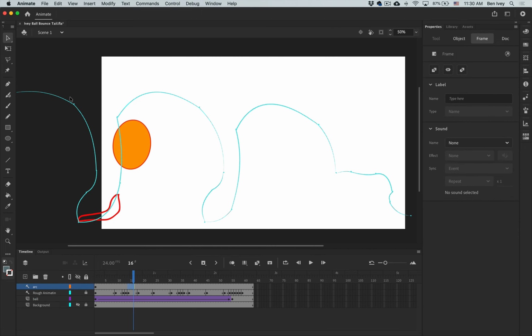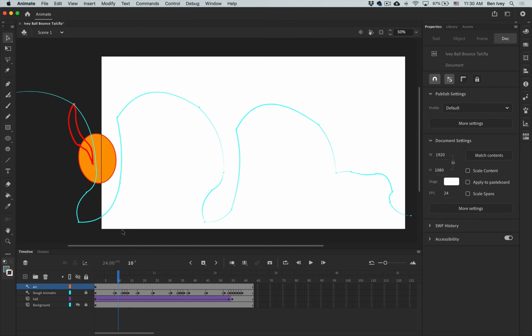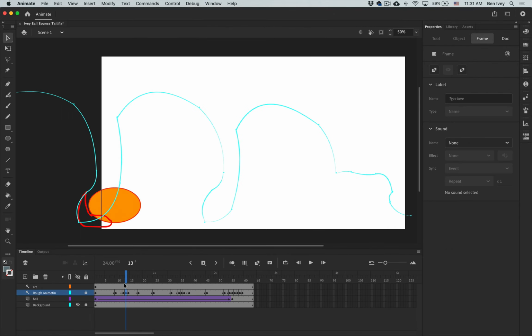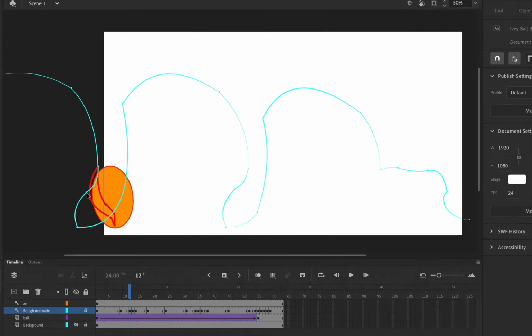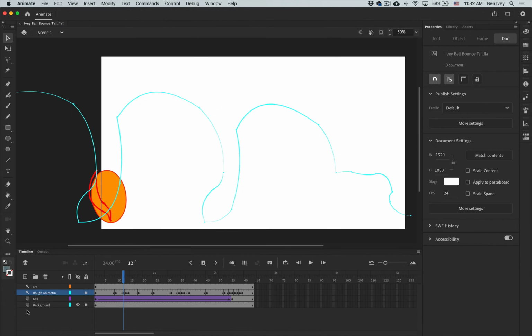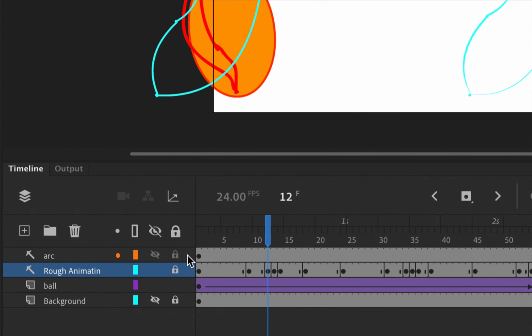Now you'll notice in the arced path of the tail that essentially it's doing the same thing twice. The other thing to notice is that the tail doesn't really need to start or to show up until the ball is fully in frame. So I'm actually going to start drawing my tail on frame number 12, that last frame just before it squashes down into the frame. To do this, let's go down to our timeline,